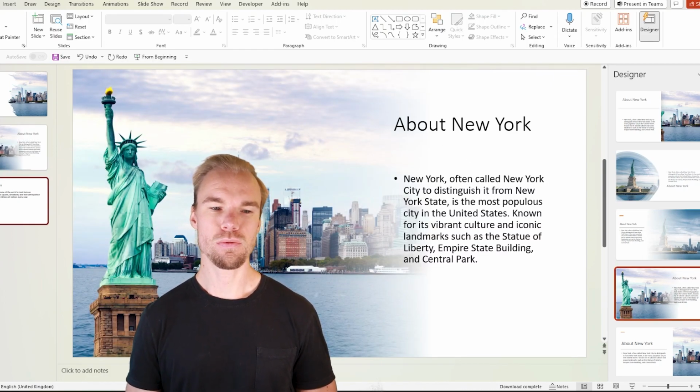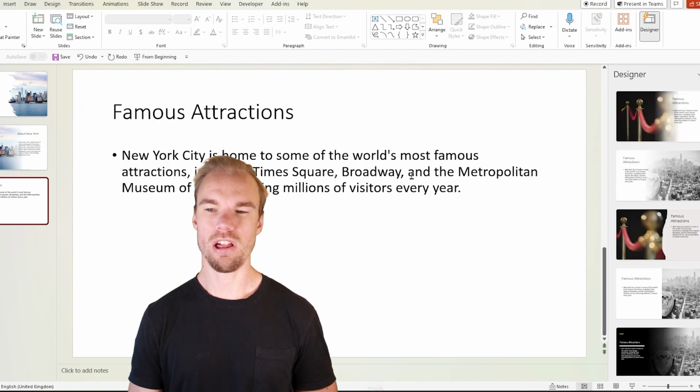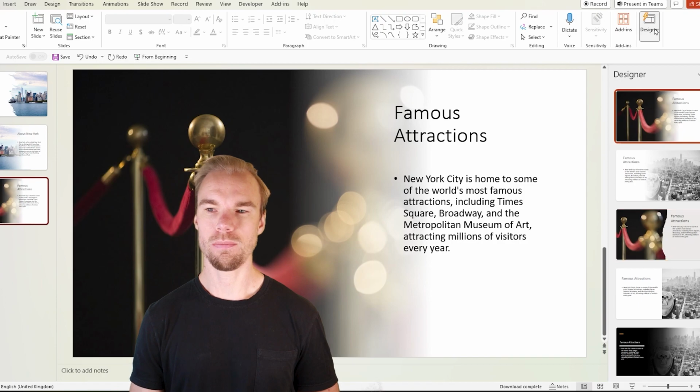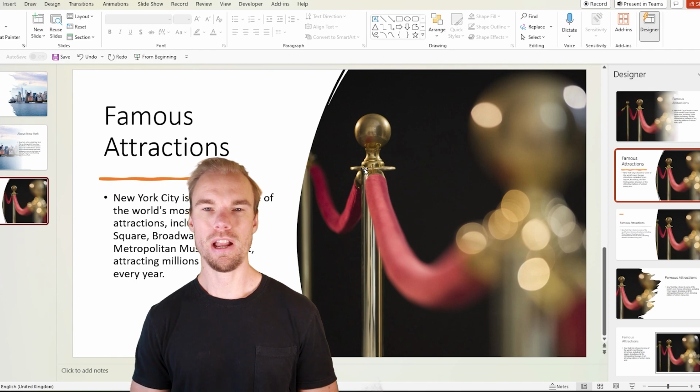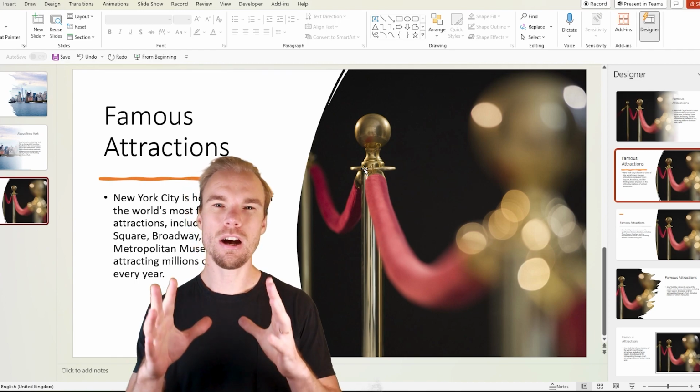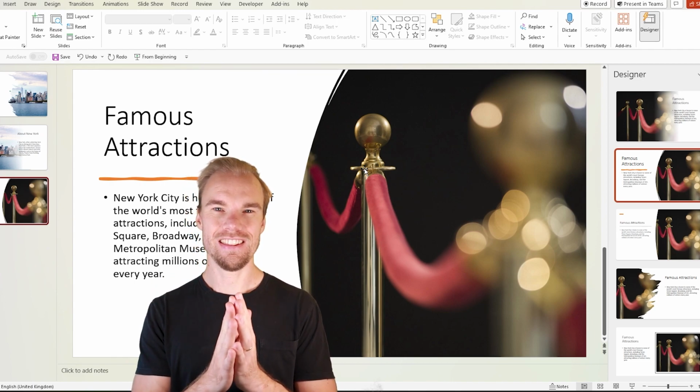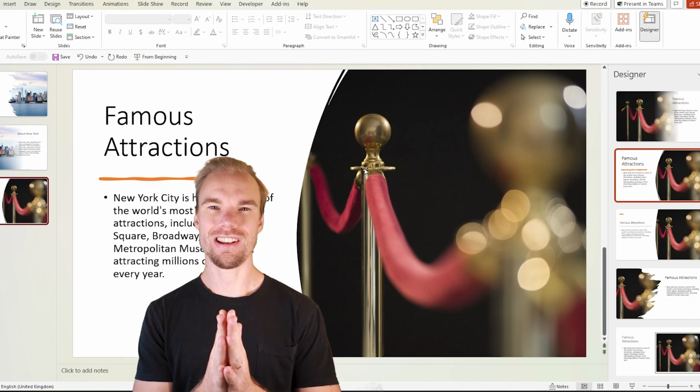And then for the last one, famous attractions: Times Square, Broadway, Metropolis. Yeah, maybe I will go with this one. Press double click on Designer because I want to have it on the right side. And perhaps like this. So in just a couple of seconds we created the PowerPoint presentation using ChatGPT to come